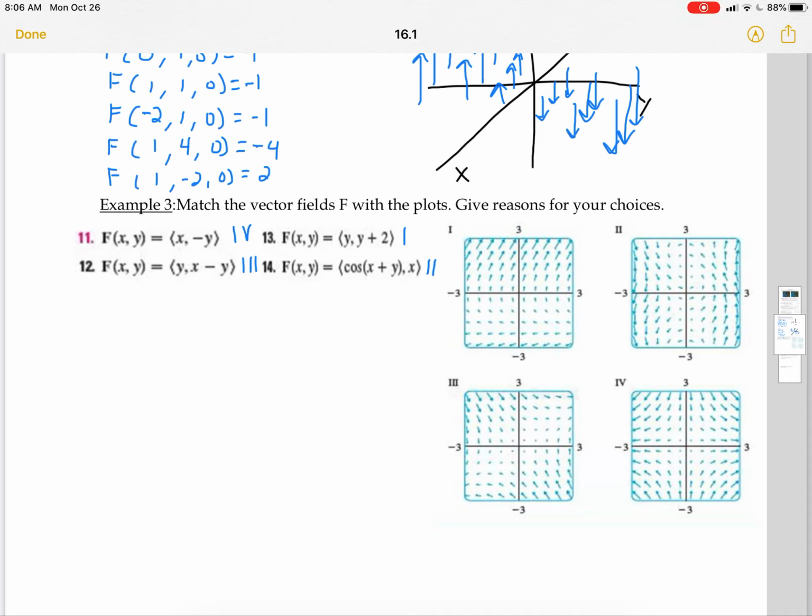For 14, it corresponds to the last one. Yes, it corresponds to graph 2. And how we know that is all vectors in quadrants 1 and 4 have positive y components. All vectors in quadrants 2 and 3 have negative y components. Also, the y components of vectors along any vertical line remain constant while the x component oscillates. All right,